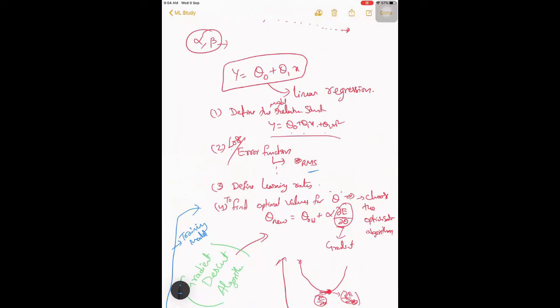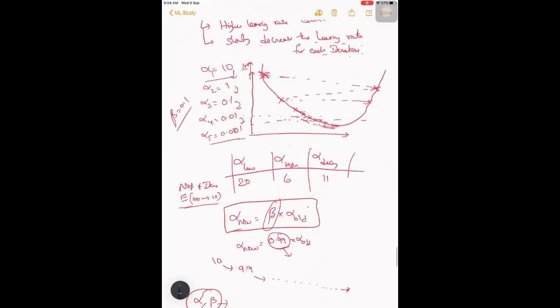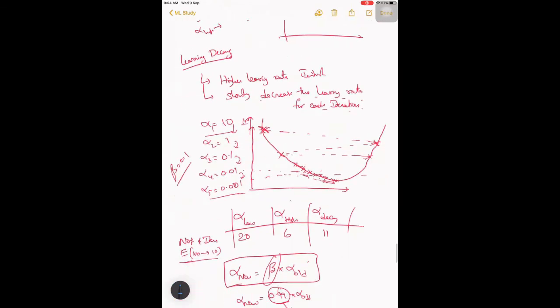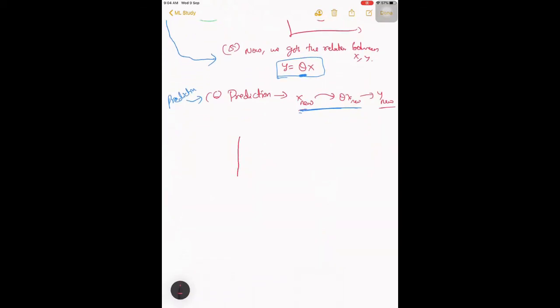But sometimes when your problem statement is completely new and you have to write your own function, in that case you have to think about your problem statement and what you want to achieve, and depending on that, we write our own function. So let me give this example of why we have chosen RMS here.